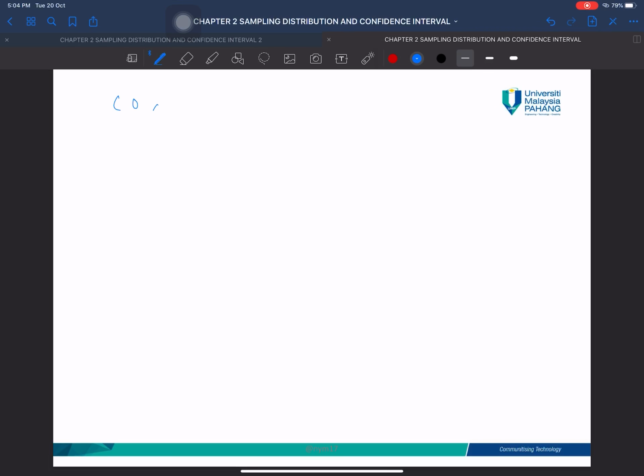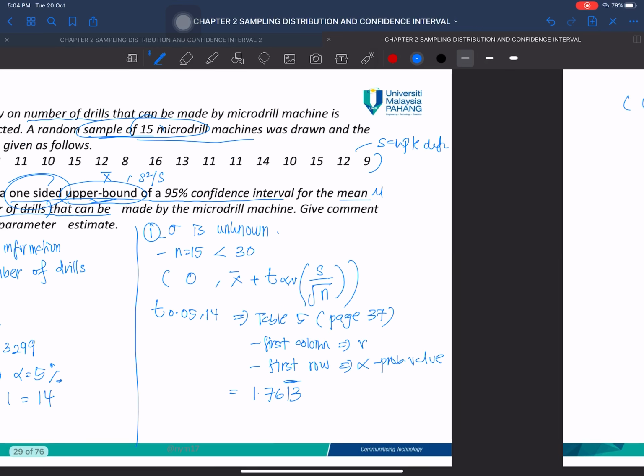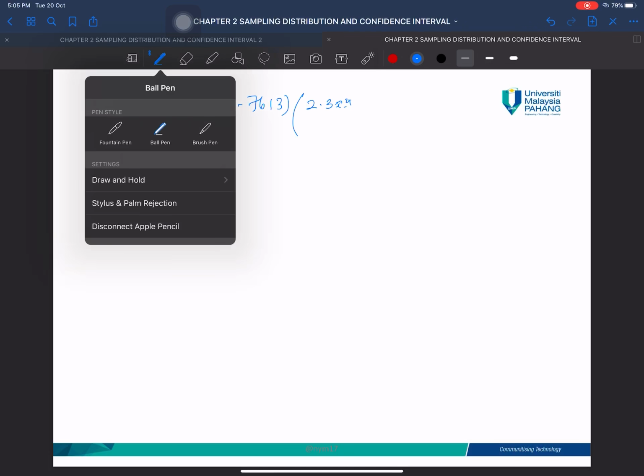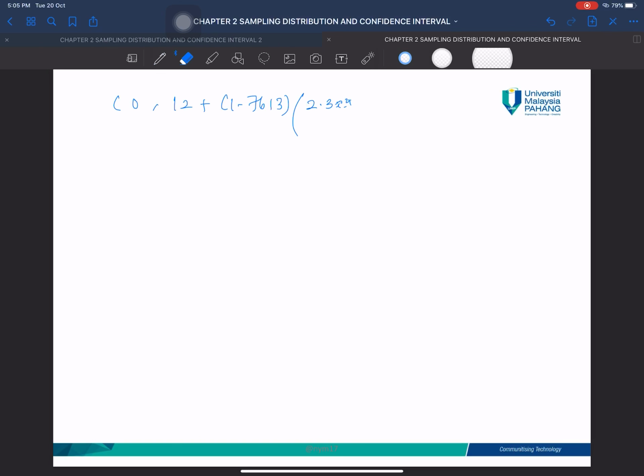So x bar is 12 plus 1.7613, multiply with the s. Okay, so you will get